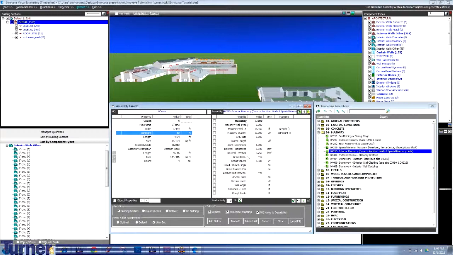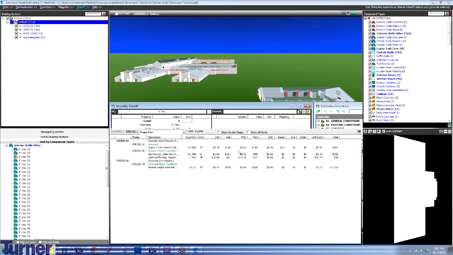You hit takeoff, but here you can actually see that it's going to count for joint reinforcing. It's going to take into consideration horizontal re-steel, vertical reinforcing steel, and how much of it, in this case, 0.250 pounds per foot that we're going to need for this amount of CMU wall. And it automatically takes these into consideration based off of how your database was created and set up. So once you hit takeoff,